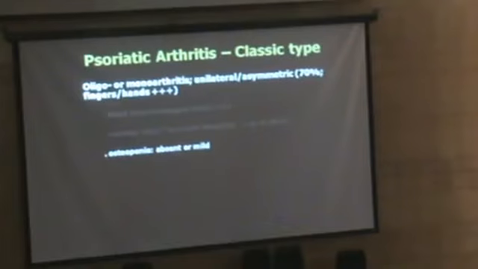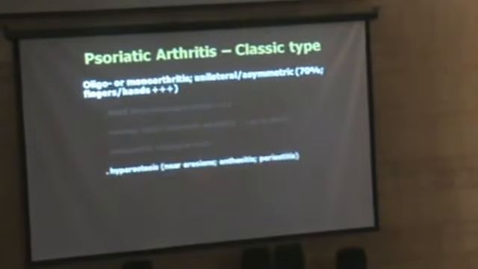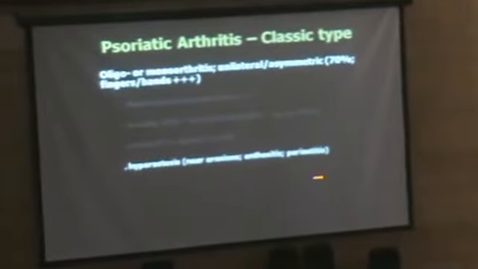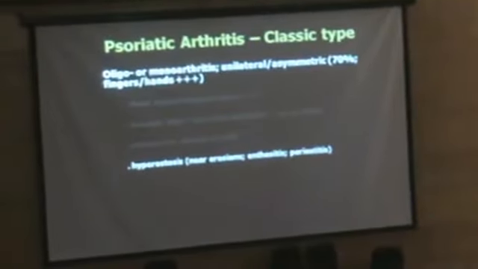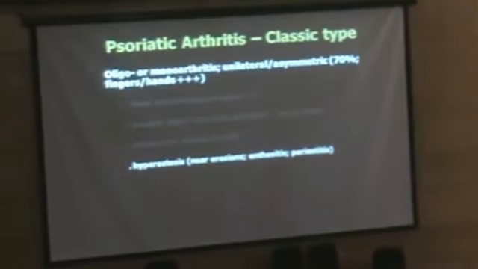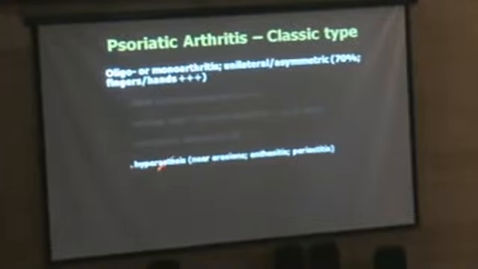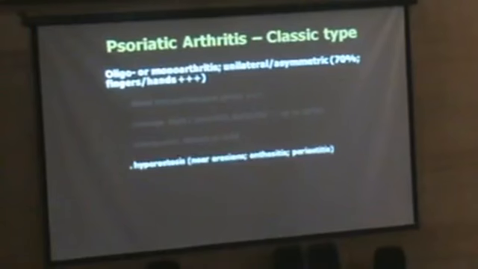arthritis, where we see a lot of osteopenia involved. And this is a feature that's going to help us to make the diagnosis. It's hyperostosis. We have production of bone near the erosions. The problem is every time you see some arthritis in the hands with erosions and swelling, we're going to think about rheumatoid arthritis. But what rheumatoid arthritis doesn't have is this hyperostotic changes near the erosions, and I'm going to